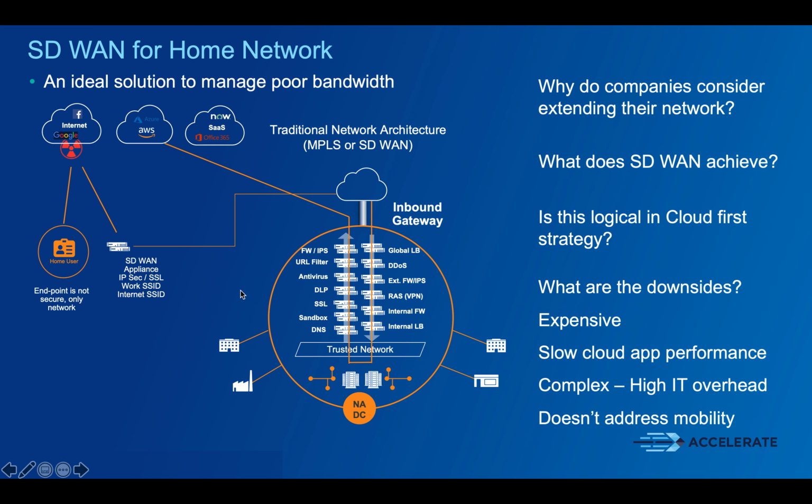It's very expensive to do this. As we've seen from the quick view of the financial summary, you're looking at 600 Rand plus per site. And that has a lot to do with the fact that you're deploying physical hardware, you've got licenses, and you've got management of those environments. And the complexity is that you're essentially now extending your network to 1,000 home locations, and that is unnecessarily complex